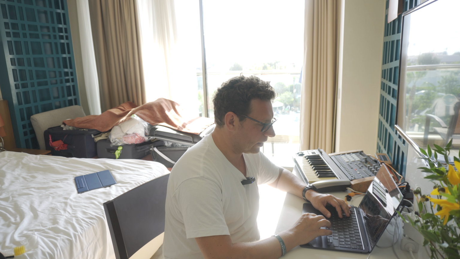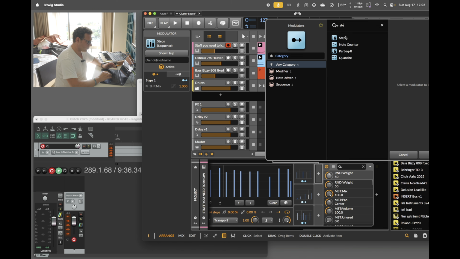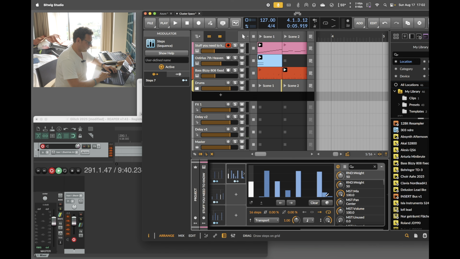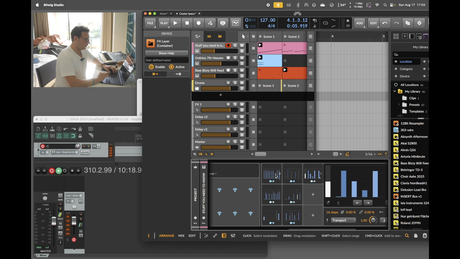And in Bitwig, the awesome thing is you can have so many modulation effects within the plugin or added to the plugin. You can do more or less the same thing in Ableton Live, it's just more intuitive in Bitwig. I'm just adding this Steps plugin, and you have this here, right? And then you can map this pretty easily to any parameter within your desired plugin. Rather than switching the MIDI notes in Glitch, I'm using Bitwig's step sequencer to automate the plugin. And with this idea, I'm automating every individual mix parameter of all the effects from Glitch I want to use